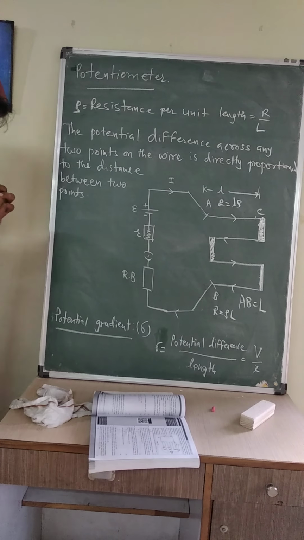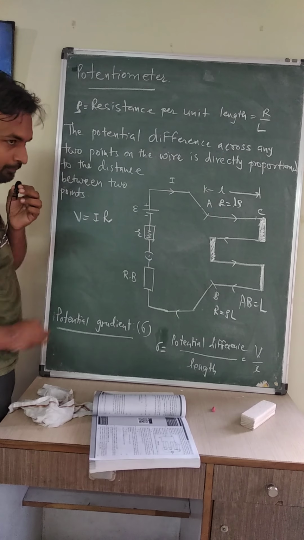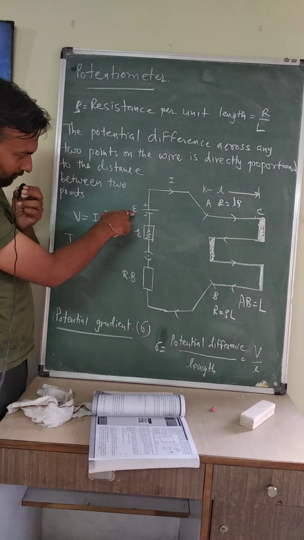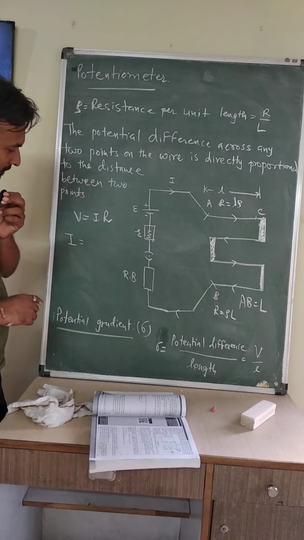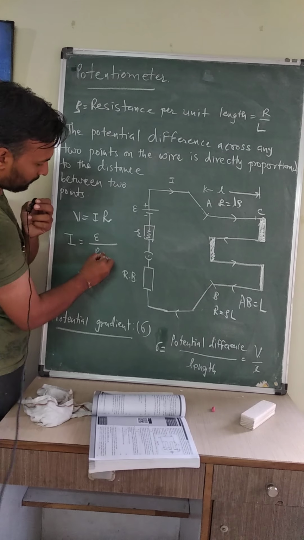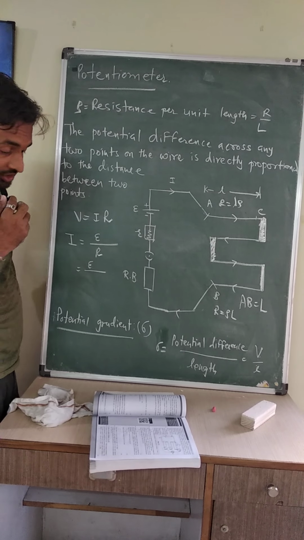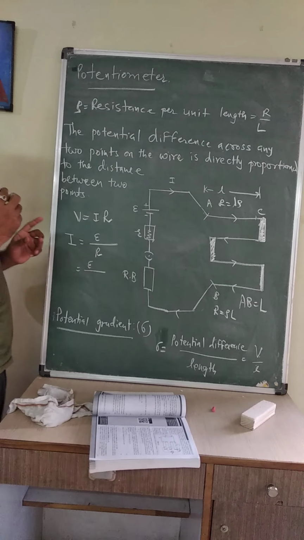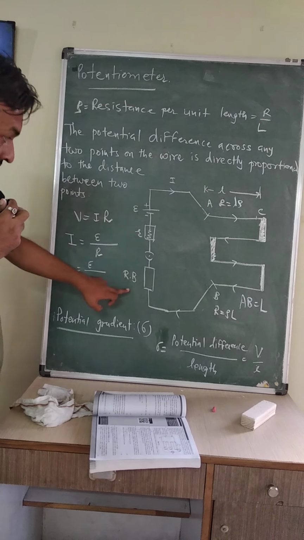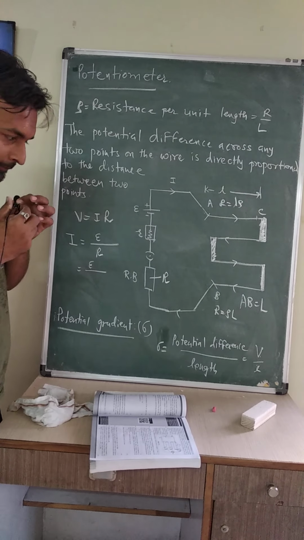As per Ohm's law, V is equal to I into R. So I is equal to, here in place of V we will write E, so I is equal to E upon R, where R is the resistor. So in this circuit we will consider all the values of resistance. Here we have this internal resistance, and here we have this resistance box, suppose I say R.